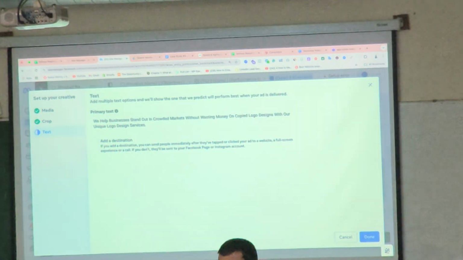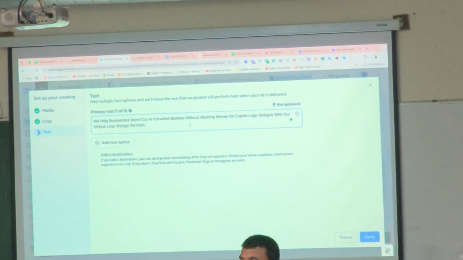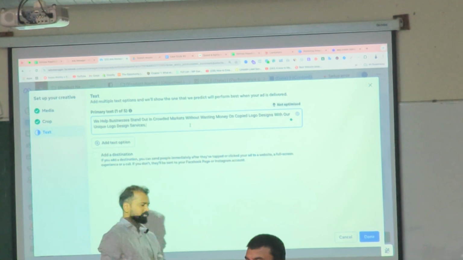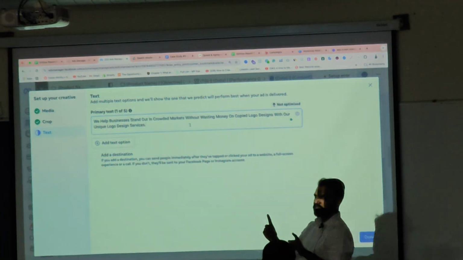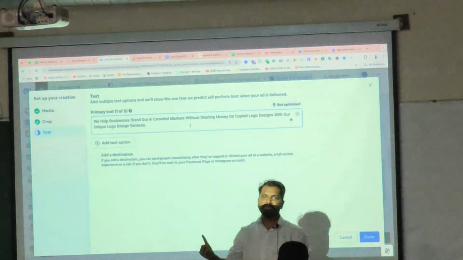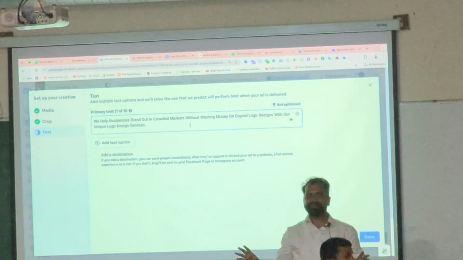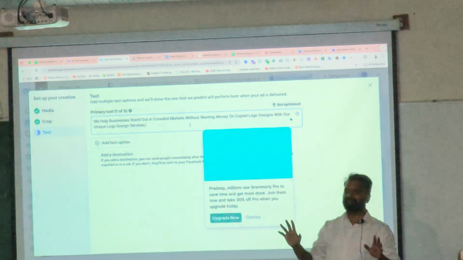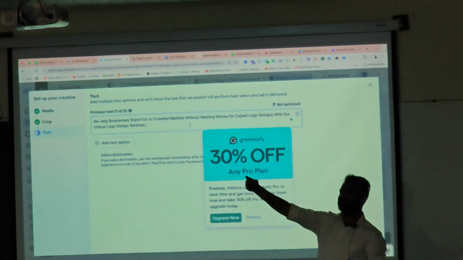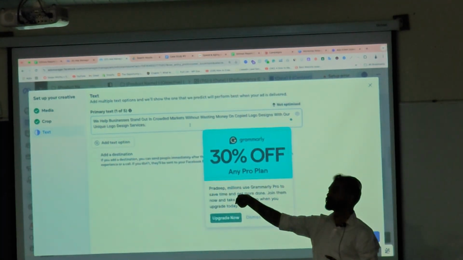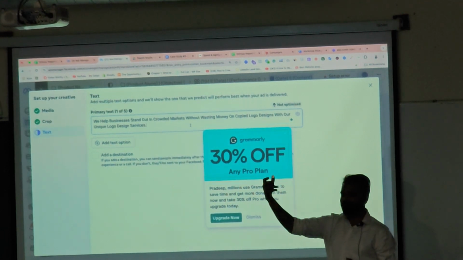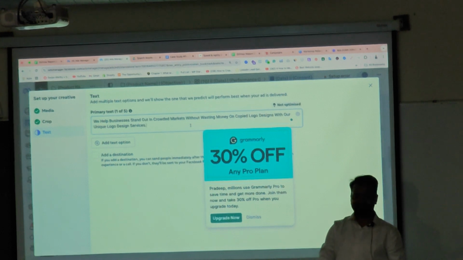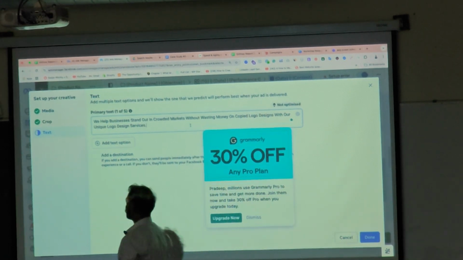Not visible, but here you can keep your primary text. Your primary text means your sales copy. Okay? In your sales copy, the first part should be a hook. So what exactly is the hook? Like I said, someone talked about it, if you are targeting specific people, like men above 40, that is a hook. So that kind of copy.